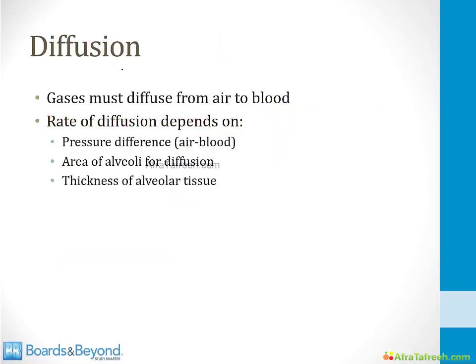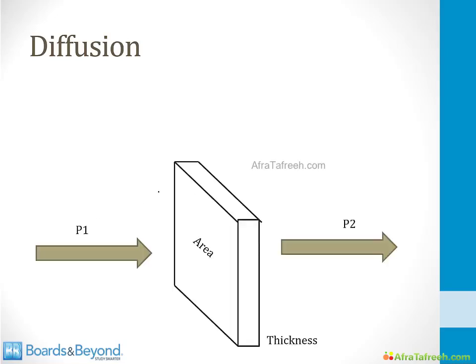So let's talk about diffusion problems first. Gases must diffuse from the air in the alveoli into the blood in the pulmonary capillaries. And the rate of diffusion depends upon three things: the pressure difference between oxygen content in the air and the blood, the area of the alveoli that's available for gas diffusion, and the thickness of the alveolar tissue. So let's take a look at this drawing I've made on the screen, and let's imagine that on the left side we have oxygen contained in the alveoli, and on the right we have oxygen contained in blood in a